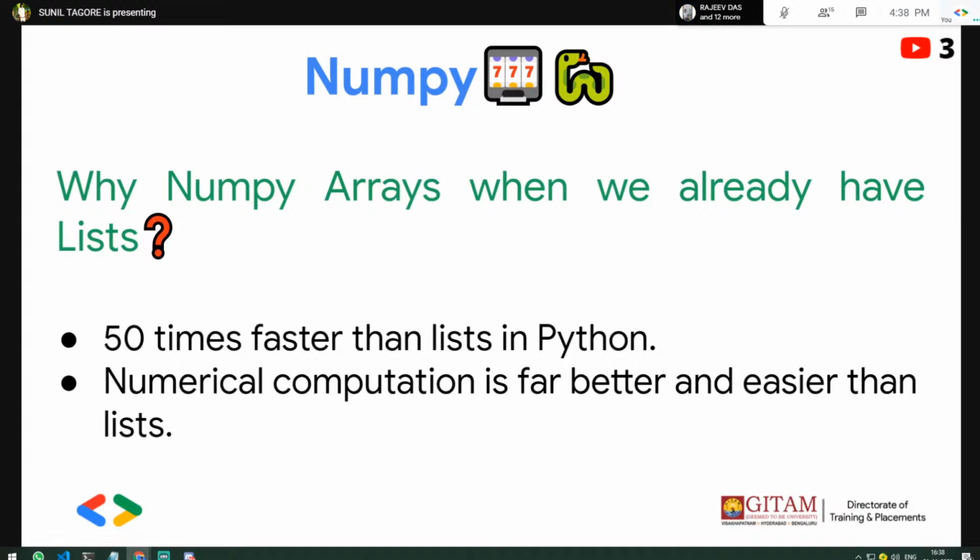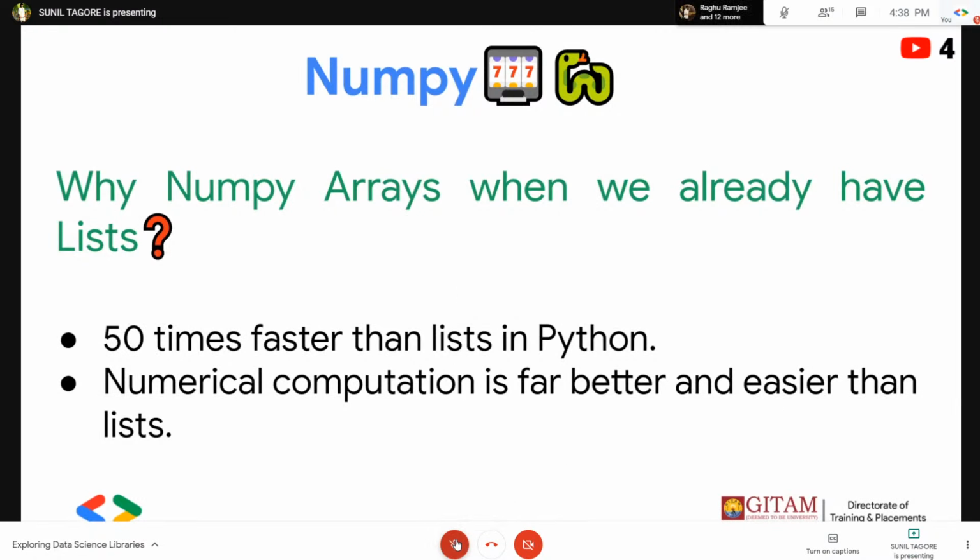Okay, so let's start with the basics first. The first step you have done is pip install numpy, so you have downloaded your NumPy. Now what you have to do is import that NumPy, and this NP is called the